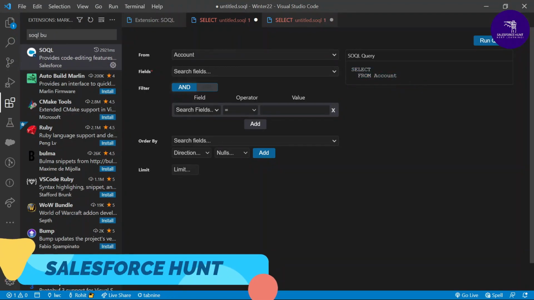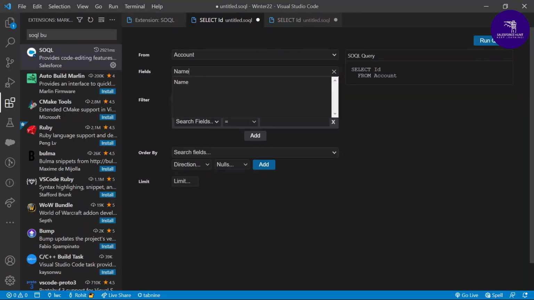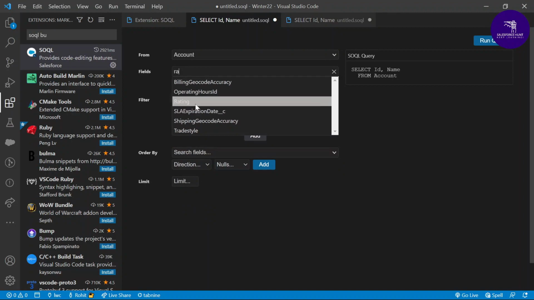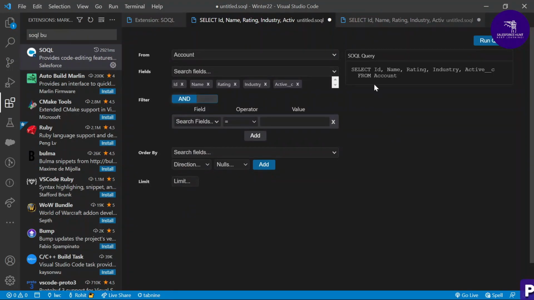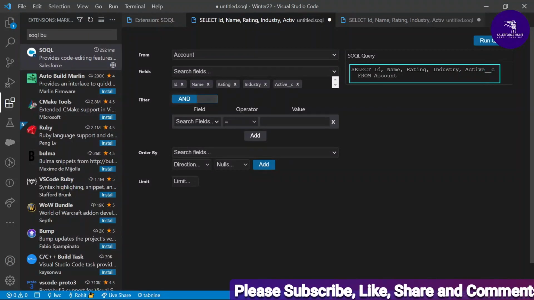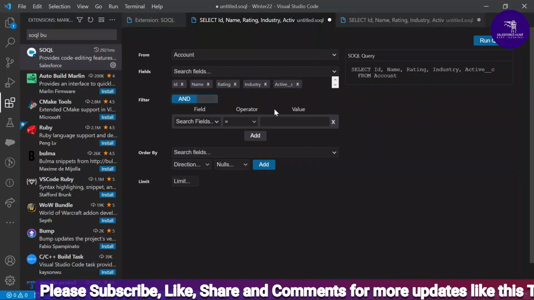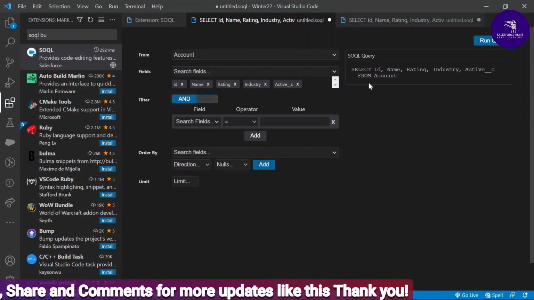Just select your fields, like Id. I want to take Id as well as Name. Once you search name, it is automatically listed here, and also Rating, so you can search Rating, also Industry, and also Active. Here you can see it automatically builds the query. You can see in the right panel, this is the automatic query builder. If you want to execute this query in your org, or we can say in the developer console,